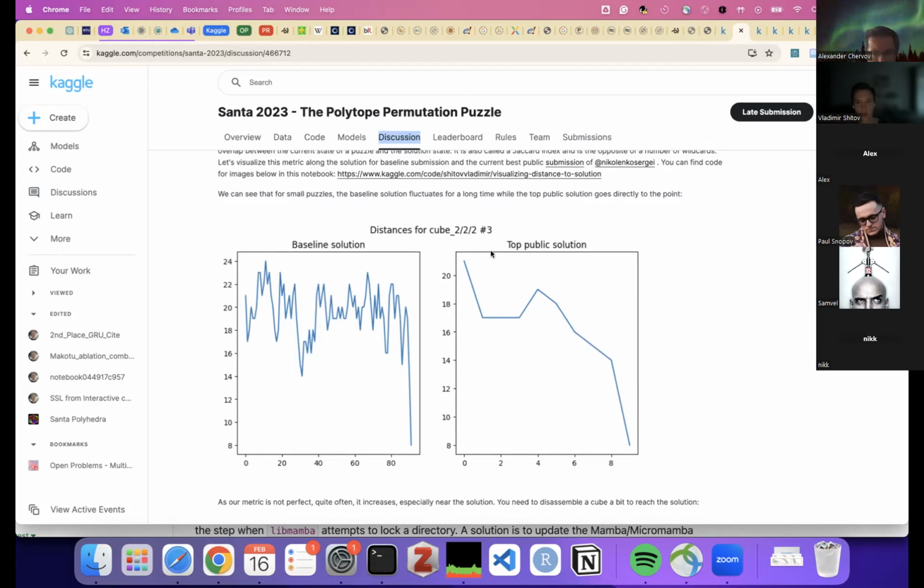This baseline is terrible. If you take a look at the current top public solution, it looks much better. But still, you can see that here you make a move, and it basically does not improve the number of pieces in correct places, and sometimes it even makes it worse. But this is actually the optimal solution. You can't do any better.